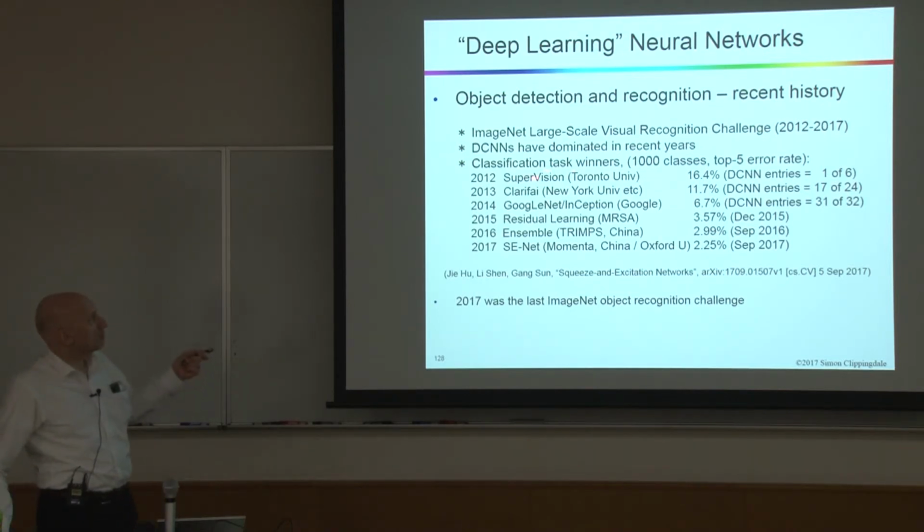So that SuperVision network from Toronto had a top 5 error rate of 16.4%, and at that time there were 6 entries into this competition, and only one of them was this convolutional neural network. But it won the competition,